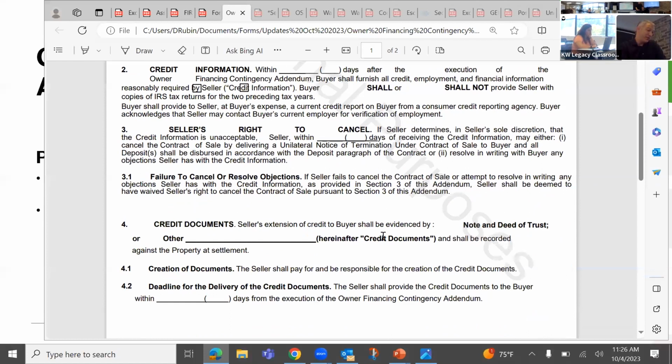And then to make perfectly clear, the credit documents, i.e. the loan documents, such as the note or deed of trust, obviously need to be drafted by a competent attorney. I don't think it's crazy complicated. It might only be a few hundred dollars for somebody to do a boilerplate note and a deed of trust. But that is risk that needs to be offloaded from you and from the brokerage, because this is not real estate practice anymore. This is loan stuff, and we are not lenders.